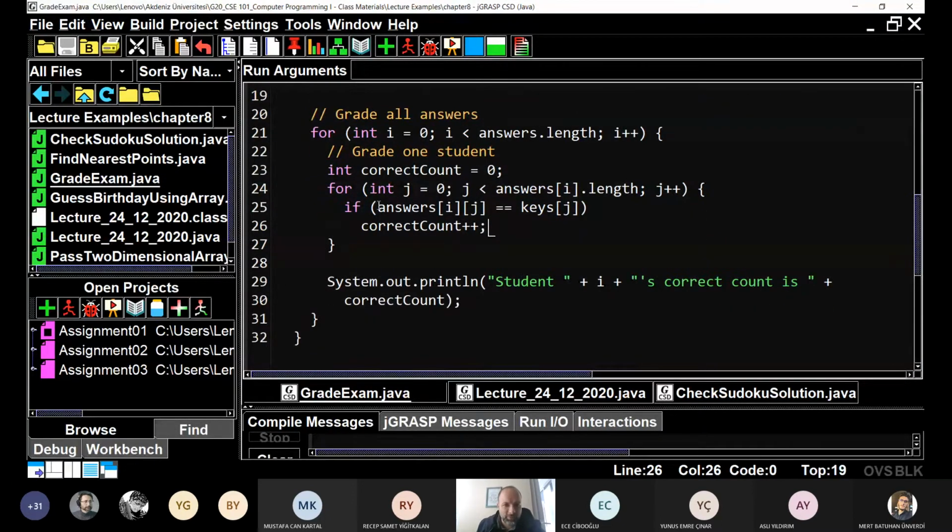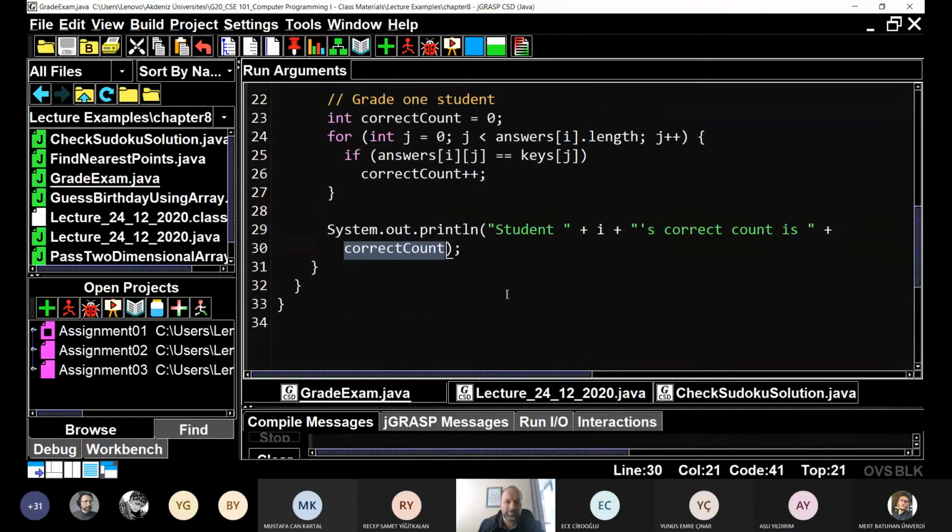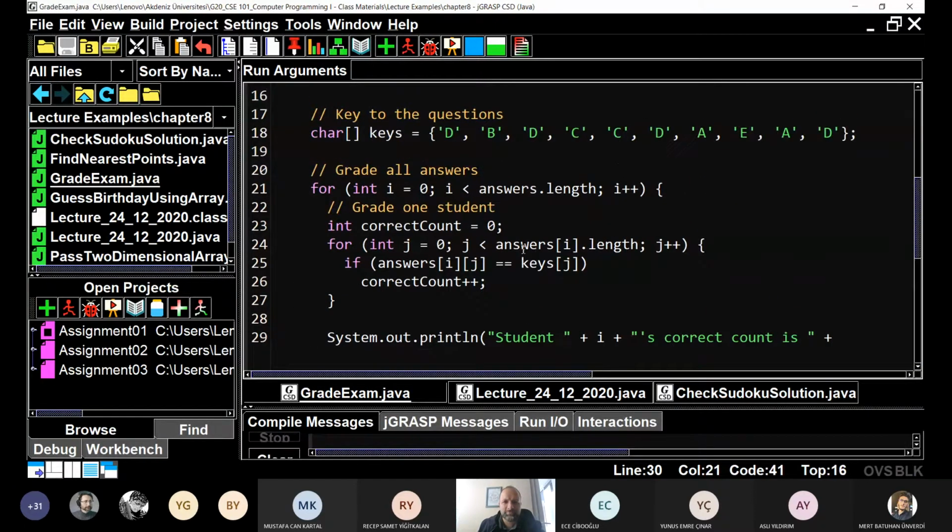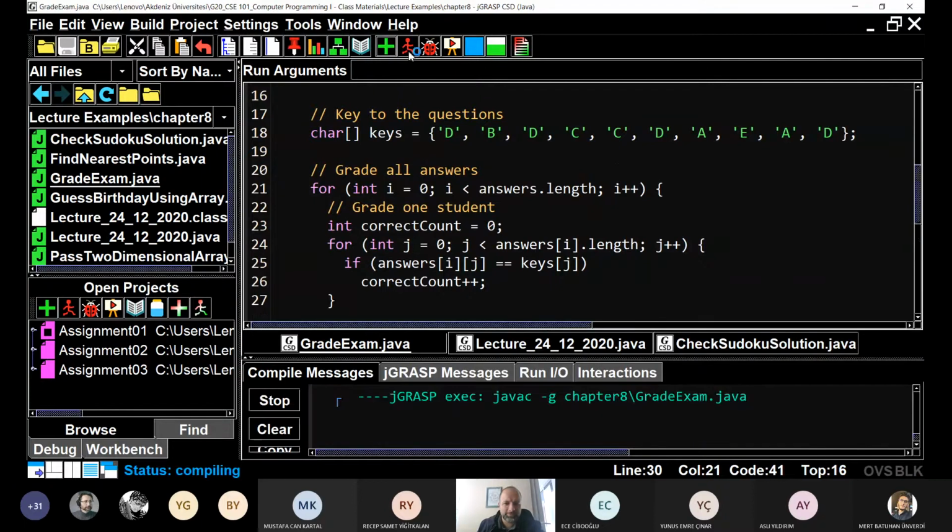And then finally, once we're through with this inner loop, we say, okay, that student, whether student 0, student 1, student 2, and so forth, their correct count is whatever the correct number they got was. So if we compile it and run it,